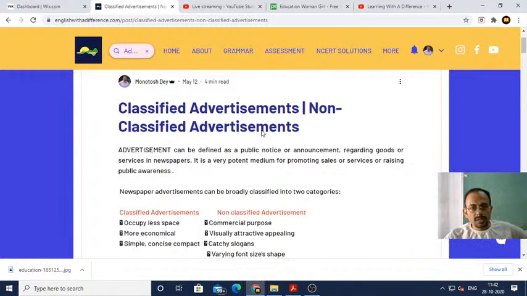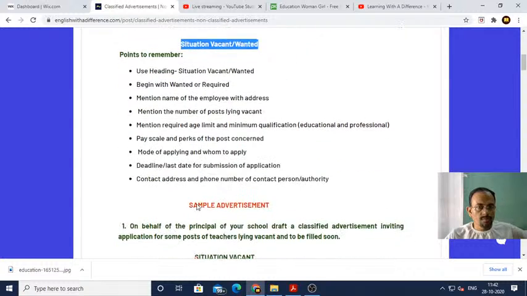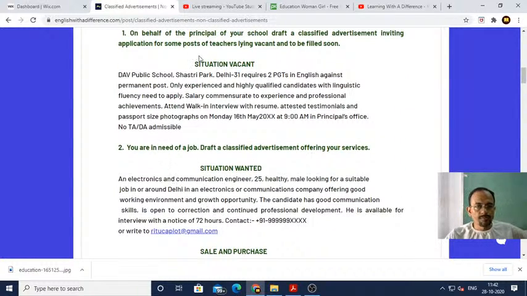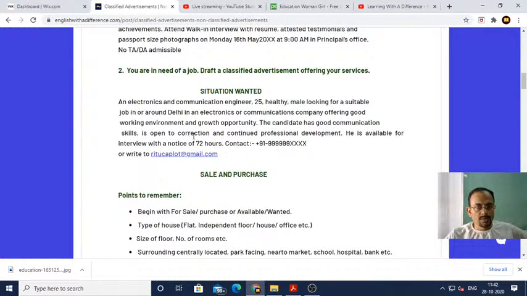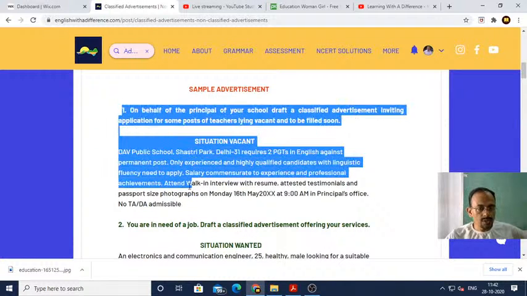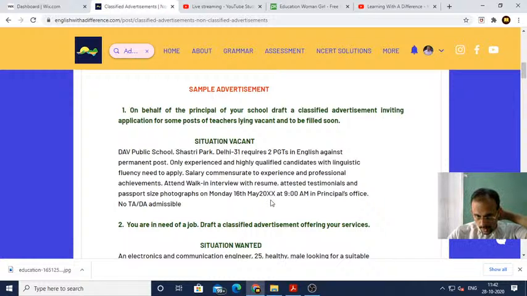Okay, so dear students, you can see I have already uploaded the classified ad. Types of classified advertisements, like situation vacant, wanted, points to remember, all this I will teach you. And samples also I have already uploaded, so you can go through them from the website, or you can write down some sample drafts on your notebook, so that before the exam it becomes easy for you to revise from the notebook itself. Okay, just write down one sample. Like, see, there are different types of classified